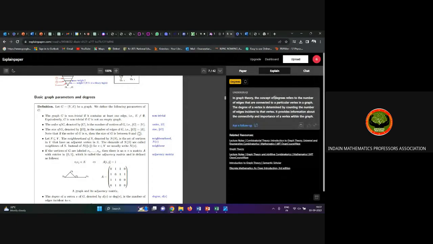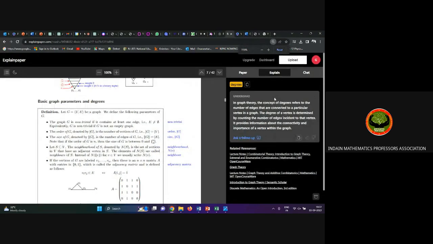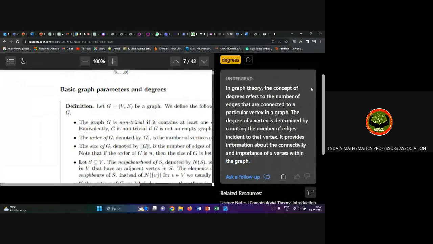Is it visible? Just wait, I'll zoom this content. Yeah, so this is the degree. In graph theory, the concept of degree refers to the number of edges connected to a particular vertex in a graph. The degree of a vertex is determined by counting the number of edges incident to the vertex. Like that, we have